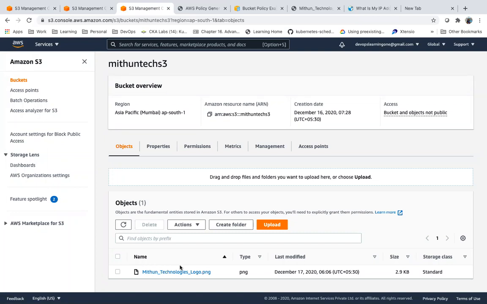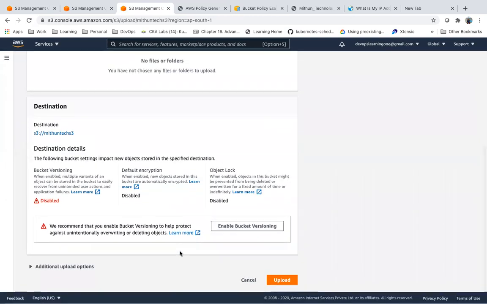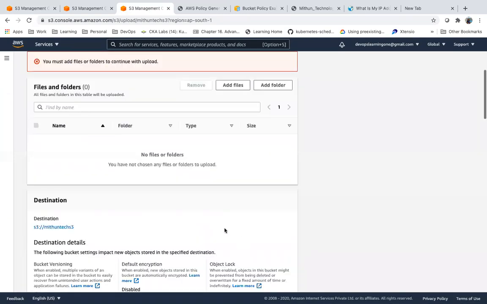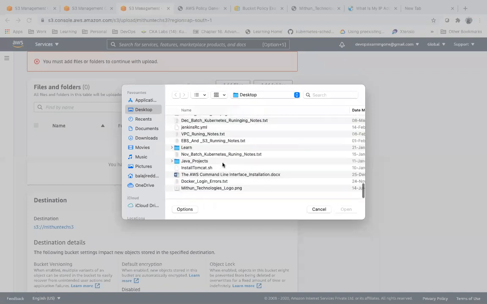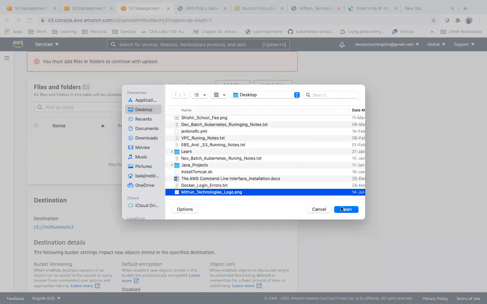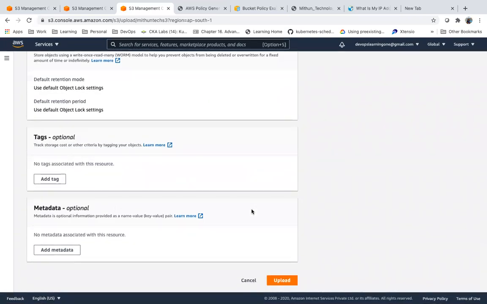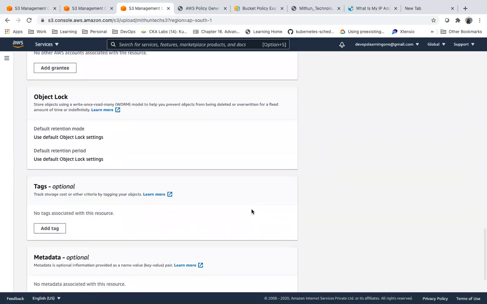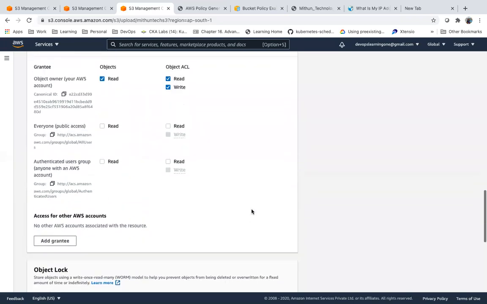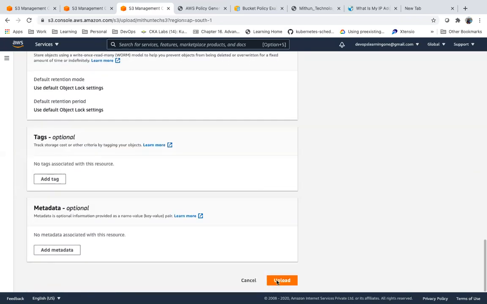Is it going to maintain the previous file? Like normal, if you are trying to copy a file with the same name and you already have a file, what will happen? It will override, it will replace.